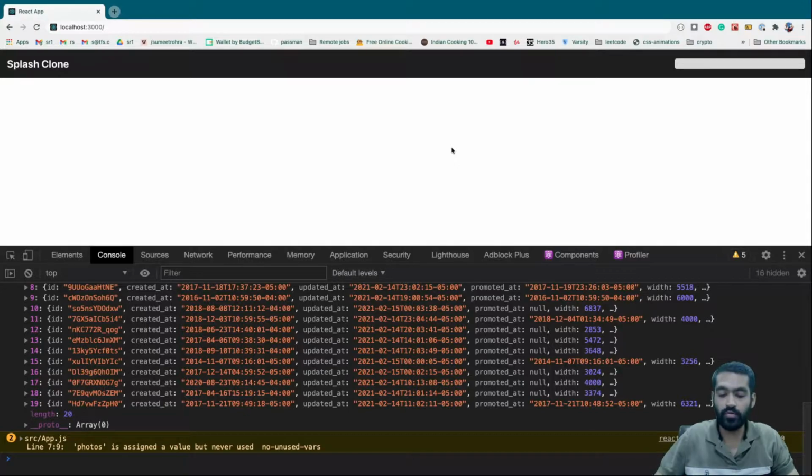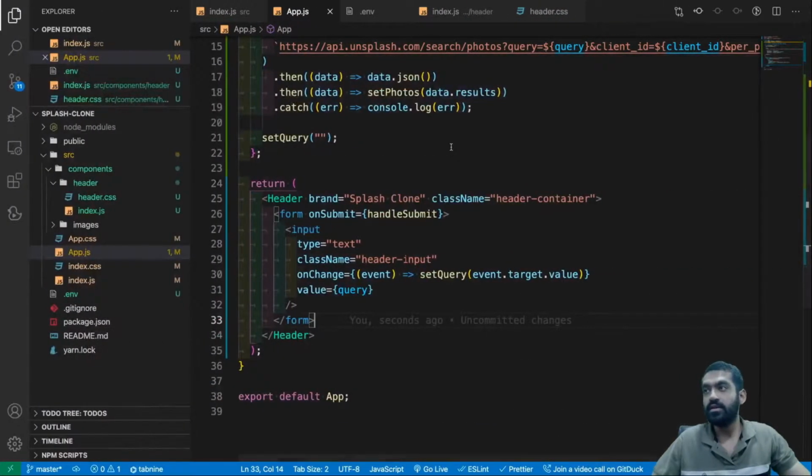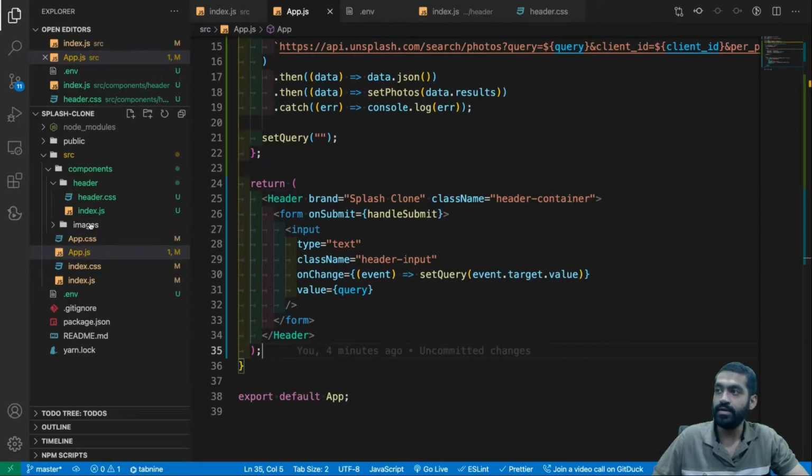Before making a gallery, I'll make this very clear. We are going to make a very basic gallery because CSS is not the objective of this course. The objective of this course is to learn React. So let's just get started with it. We had this images folder, right? Let's rename this first of all as gallery,